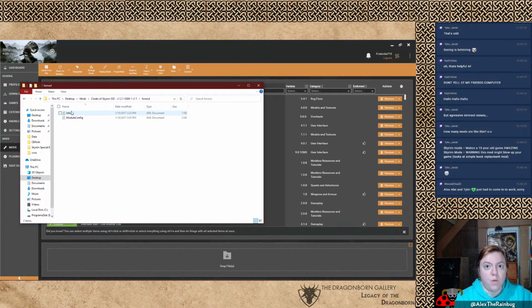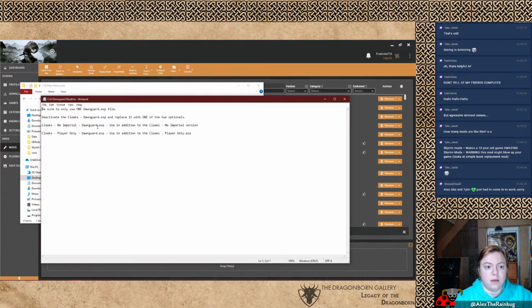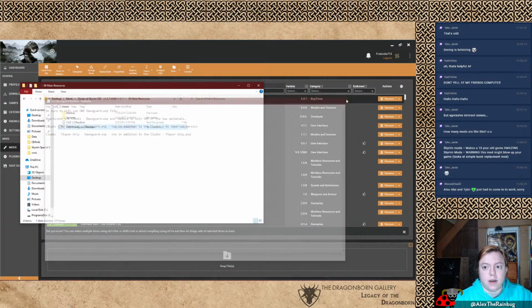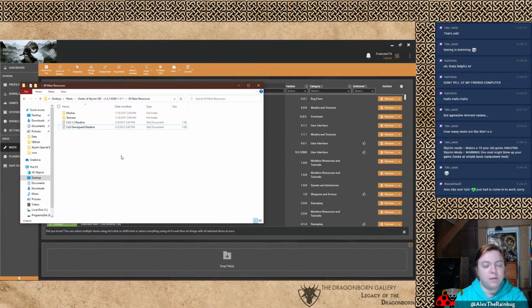And then for the faux mod, it has its own thing, I guess. COS Dawnguard README. Yeah, so you only want to have one Dawnguard style. So, in this case, what we're gonna do is take this main plugin,